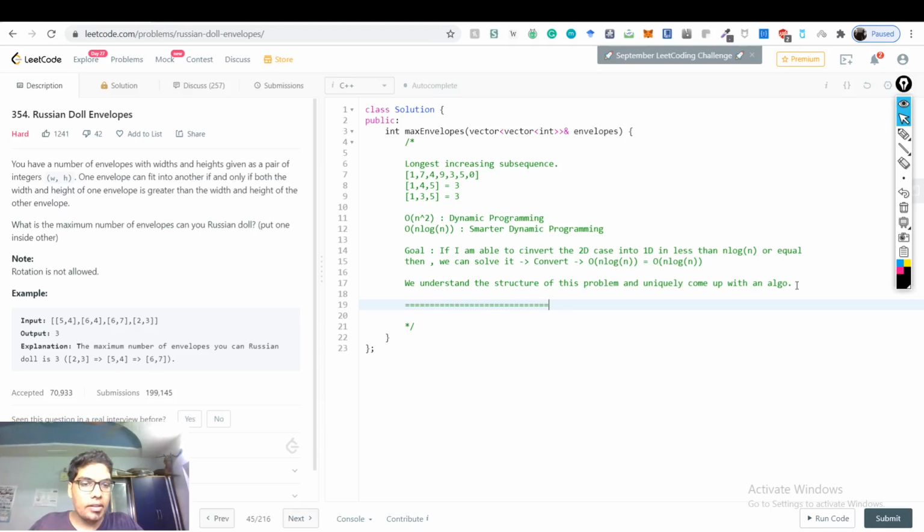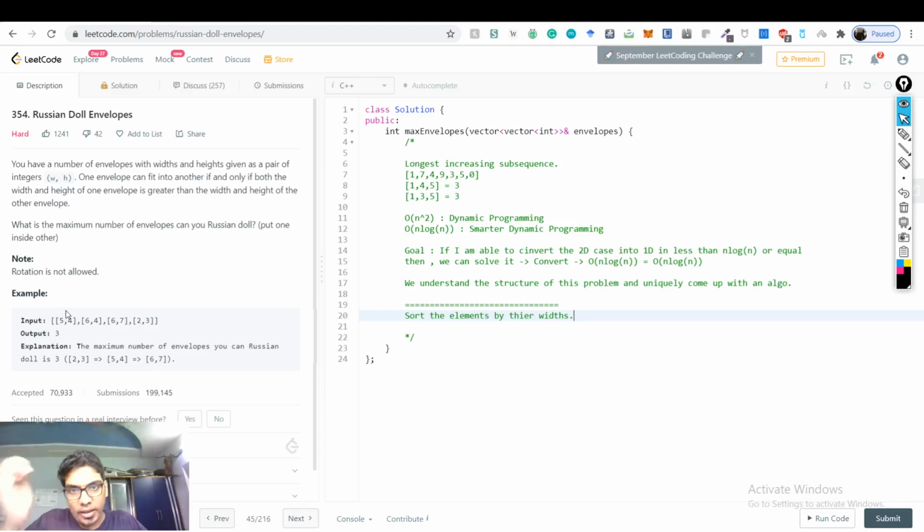It's pretty easy to convert this problem into a 1D case. How are we going to convert this problem into a 1D case? So what we do is, we sort the elements by their widths, right? Now if we sort the elements by their widths, what will happen is the